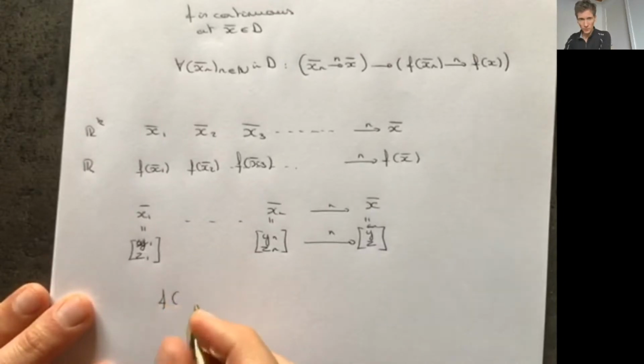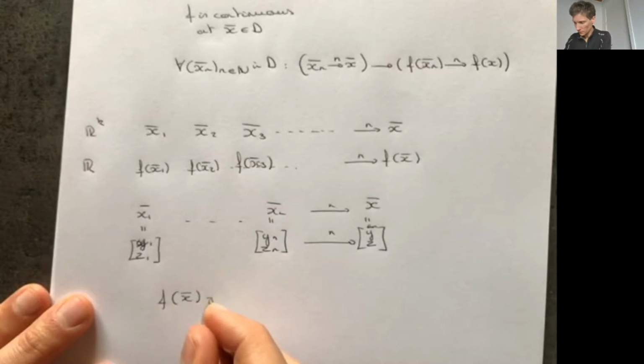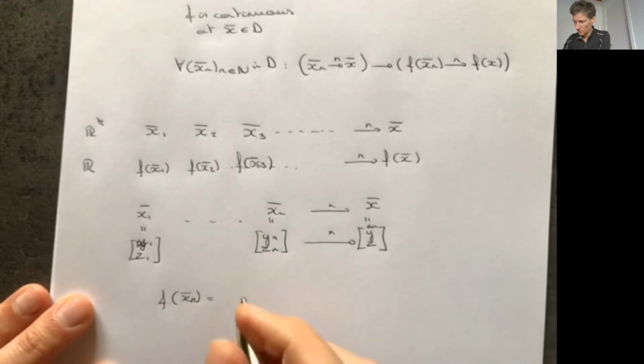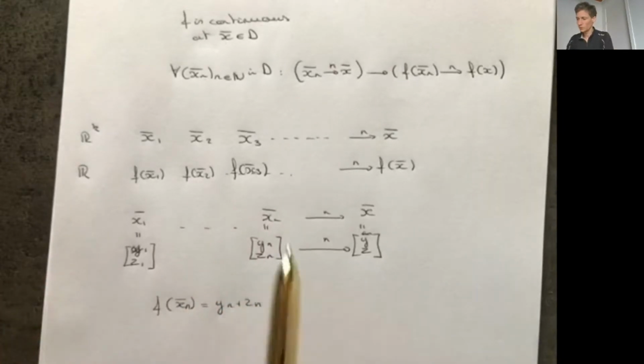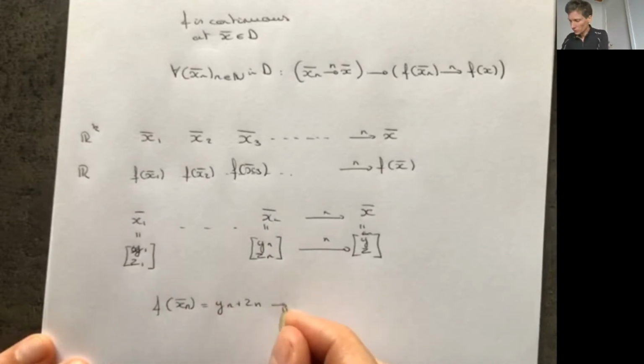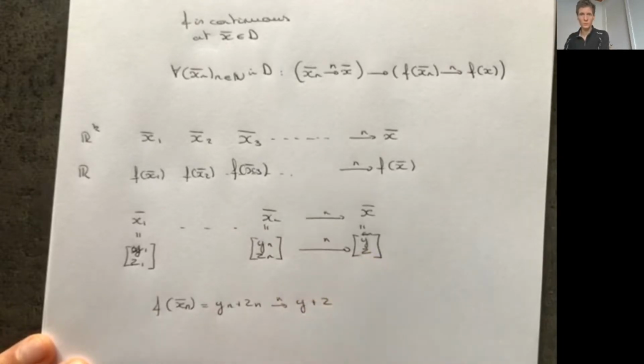Then if we say, for example, the function xn is equal to yn plus zn, right? So what do we do by using the function? We simply add the two arguments of the vector together. Well, then we see that if n goes to infinity, this goes to y plus z, which is exactly f